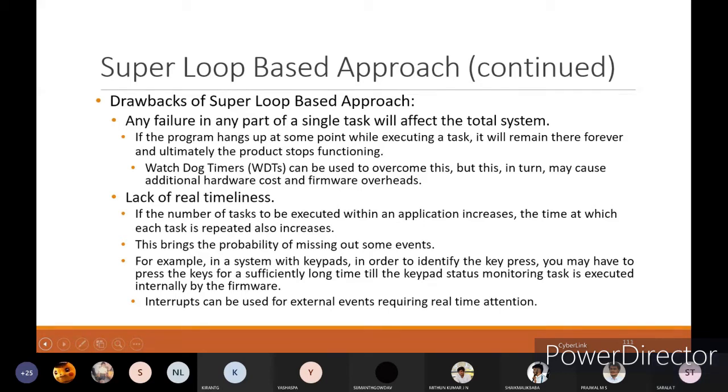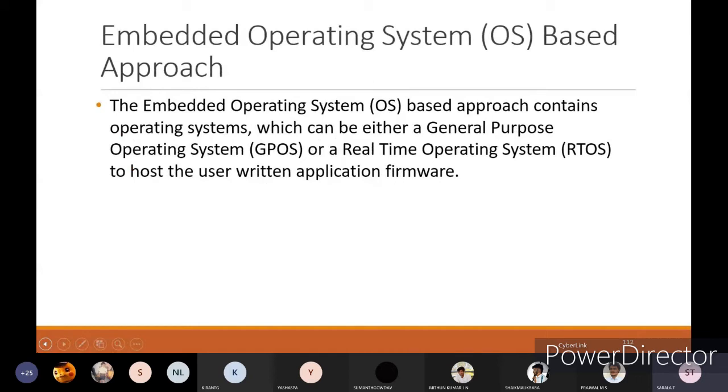Okay, if I am going for the embedded operating system based approach, it contains an operating system, which can be either a general purpose operating system or a real-time operating system, to host the user written application firmware.